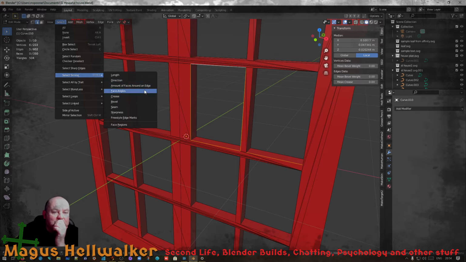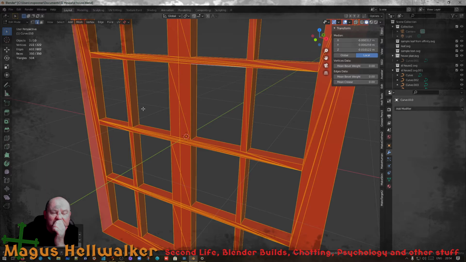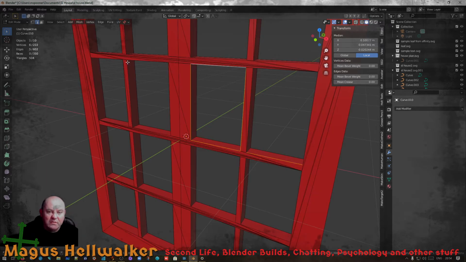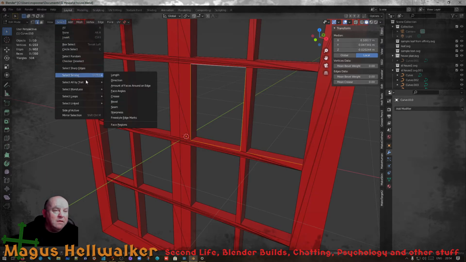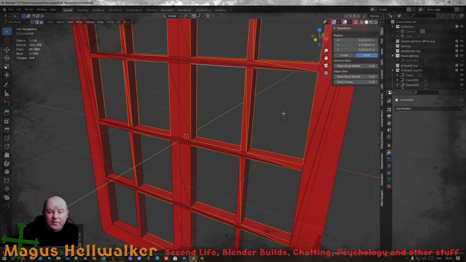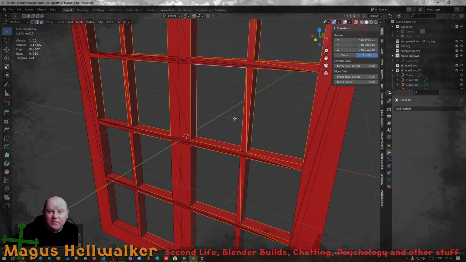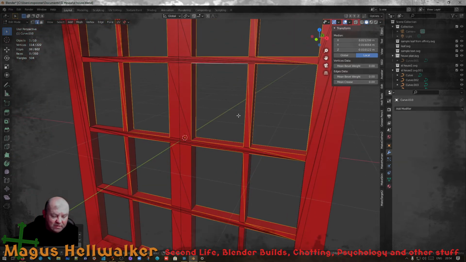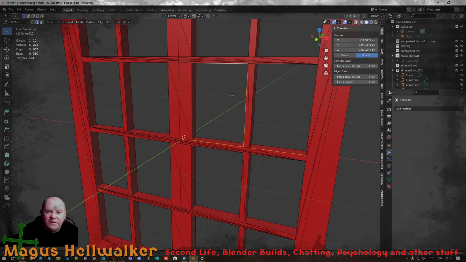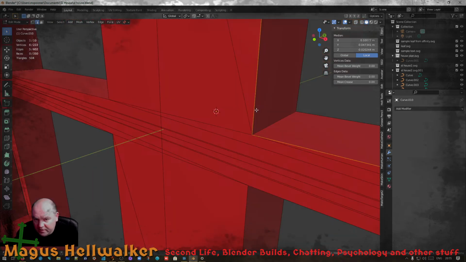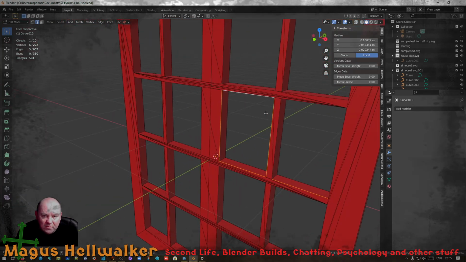I don't know what you'd use, face angles, bevel, seam, sharpness, maybe. No, because it would actually select the whole lot. Select similar length. Oh, there we go. It's done pretty much. Oh no, okay, no, it hasn't. Yeah, I find this selecting actually a little bit tricky. But anyway,